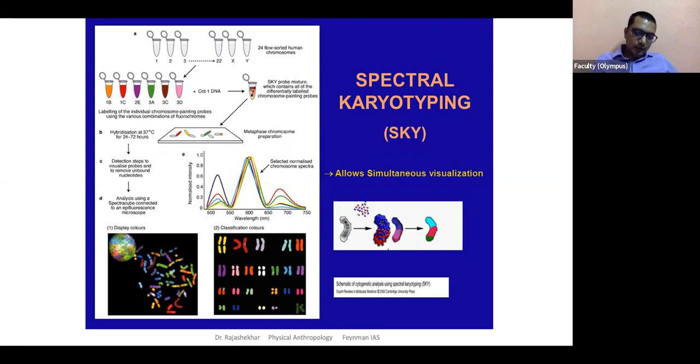And any abnormality, if a red portion from chromosome 2 is switched to a region on the green here, okay, this is the 10th or 11th chromosome, you can clearly see the difference. Right? The colors switch, you know which region went where. So translocations, even small problems in the chromosomes can be identified easily with spectral karyotyping.